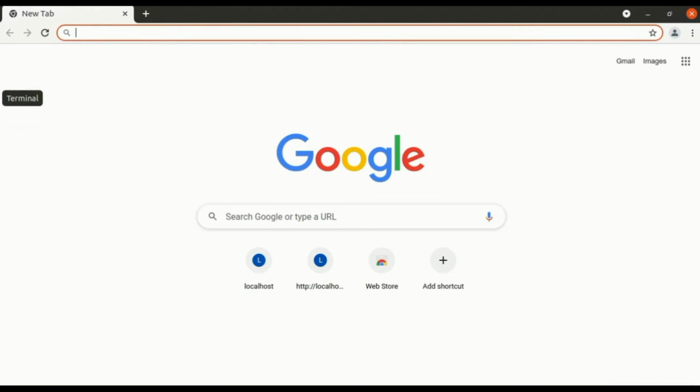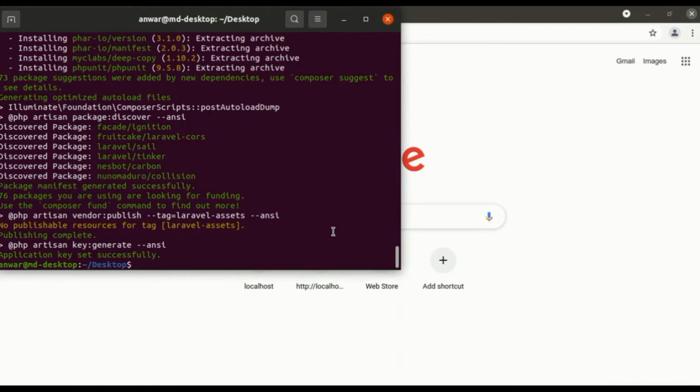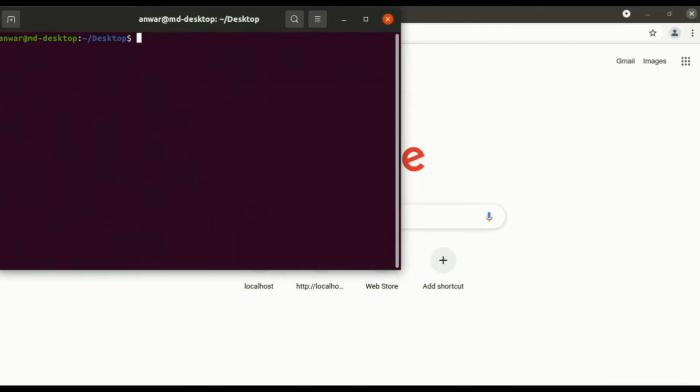To open the project, go to the project folder. In this case I go to cd laravel-demo and issue the command php artisan serve.